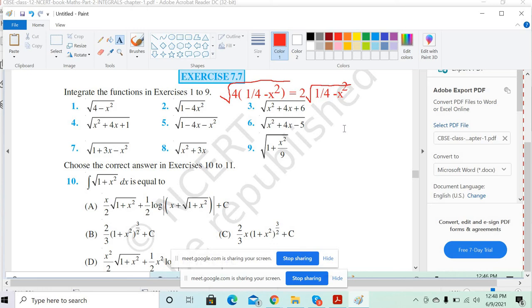Again, a two-statement answer only is this, which is the second question. So you have to get it in the form of a square minus x square. Just take the 4 common, and automatically you will get it. Take the 4 out of the root, you will get 2 into root of 1 by 4 minus x square. So 1 by 4 you can write as 1 by 2 whole square. So it becomes the a square minus x square formula, isn't it? Then after that it is just copy paste of your formula part.